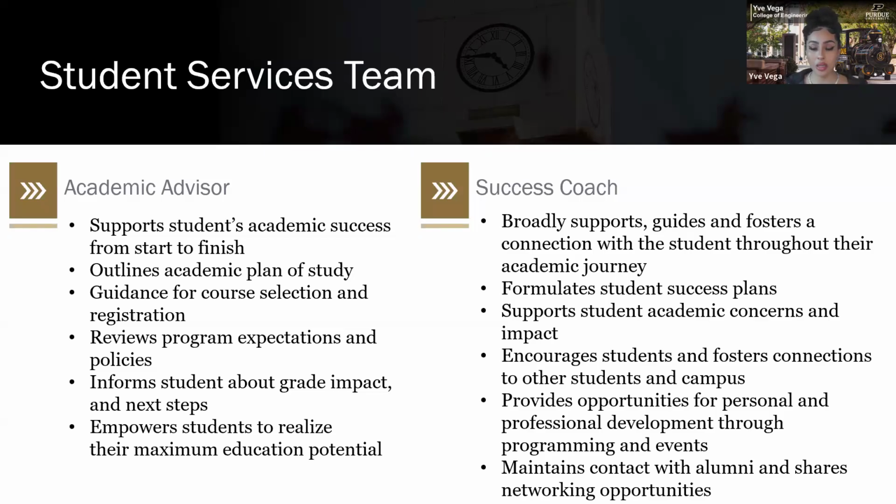And your student services team is going to be composed of your academic advisor as well as your student success coach. Your academic advisor is going to be here to ultimately empower you to realize your maximum educational potential. That means supporting you with helping you create your plan of study. Your plan of study is essentially a roadmap for what classes you will take, when you will take them, how